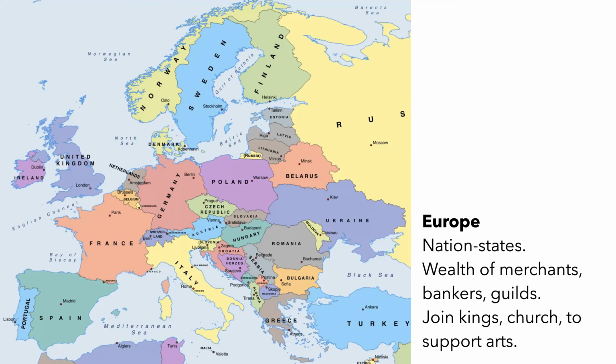Before the rise of the nation states, the wealth would have been with the kings and queens a lot, and it would have been a lot with the church, the Roman Catholic Church. Now these merchants are making all this money from trade. These bankers, like I said, banks make a lot of money. Guilds are trade guilds. So like the Guild of the Painters or the Guild of the Silversmiths or different trade groups that get together, they were making money. So they also now have the money to support the kings and queens, royalty, the church, the Roman Catholic Church,